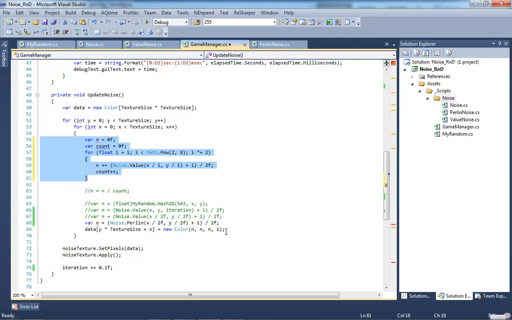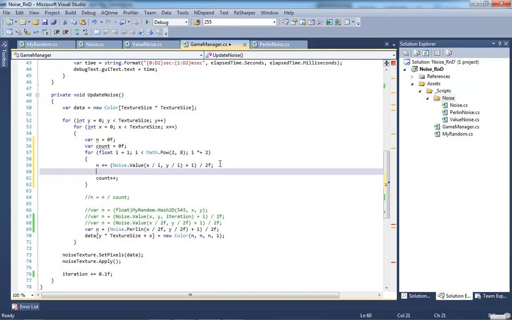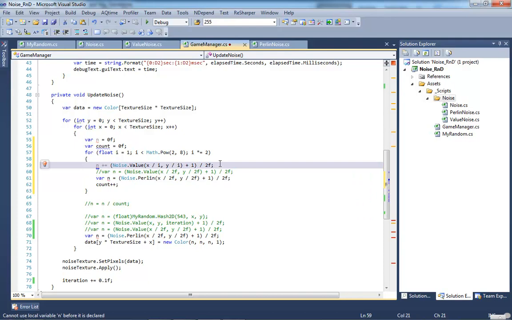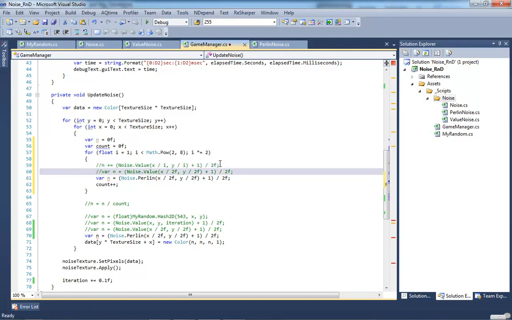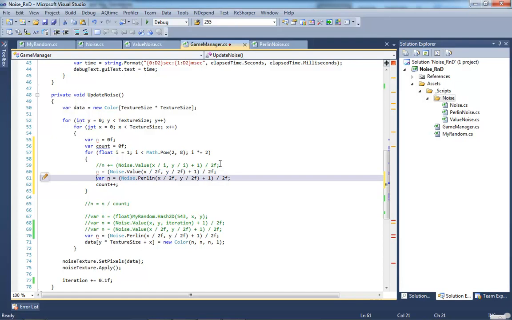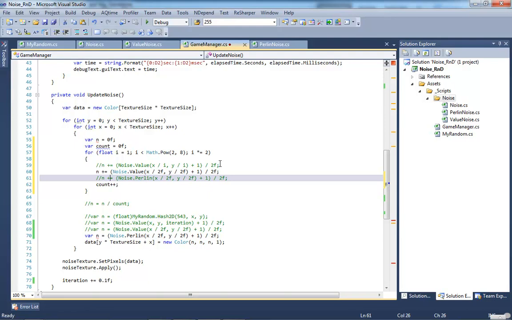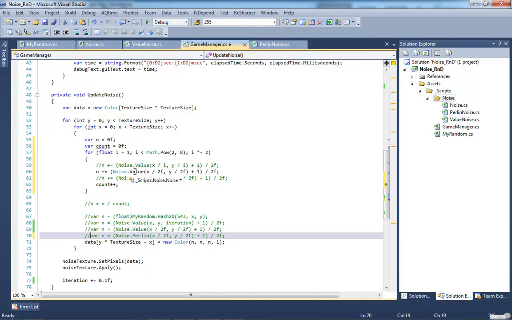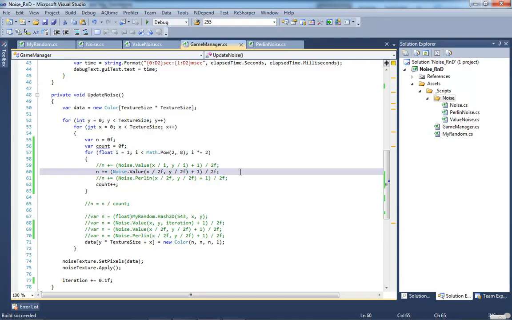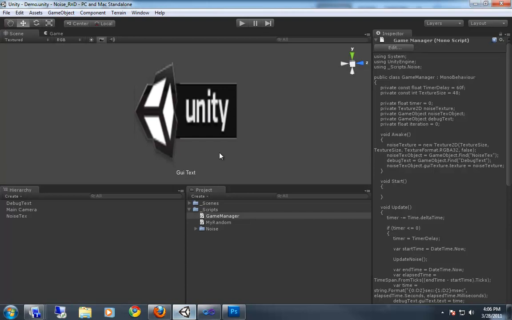So I'm going to uncomment that. I'm going to copy, no, not that. I want to copy both these lines. I'm going to paste those here. Comment out this one, bring this one out, comment out this one. This will be plus equals, and I need to comment out this one. All right, so what we're doing is we're going to run the test of value noise at 8 octaves in depth and get a timer for that, and then we'll come back and do the same thing for the Perlin noise. So if I run it,